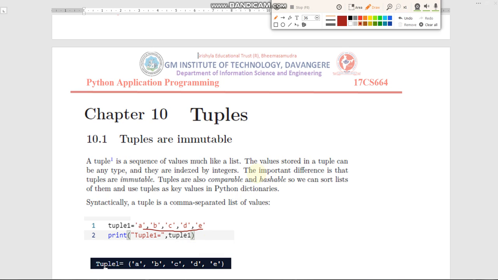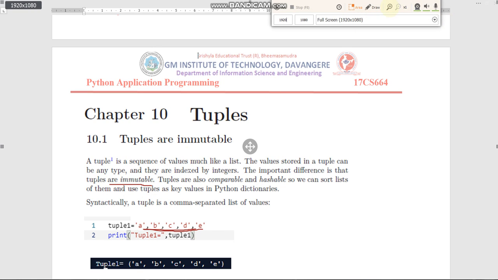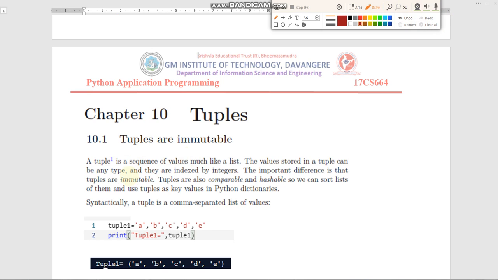The three main characteristics of tuples are, first, tuples are immutable. That means once we initialize the tuple with values, we cannot change the values of the tuple. That is why tuples are called immutable. And tuples are comparable. What do we mean by comparable?